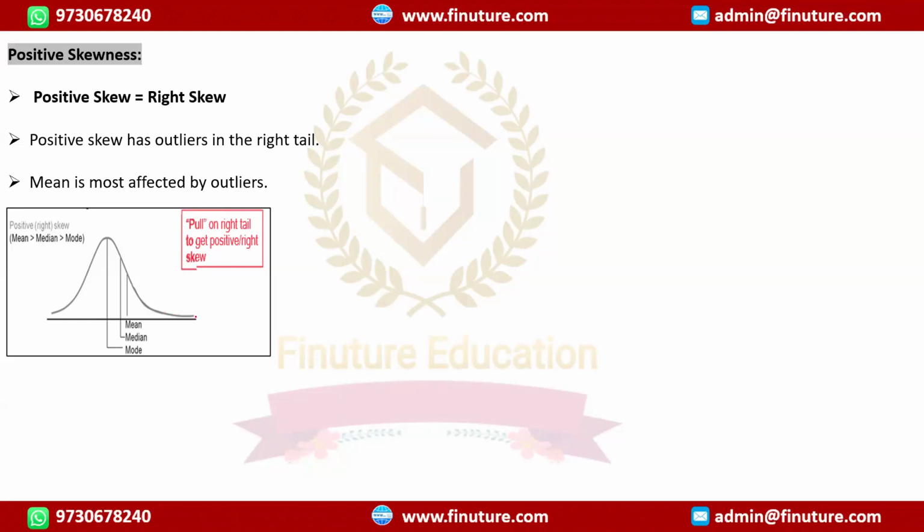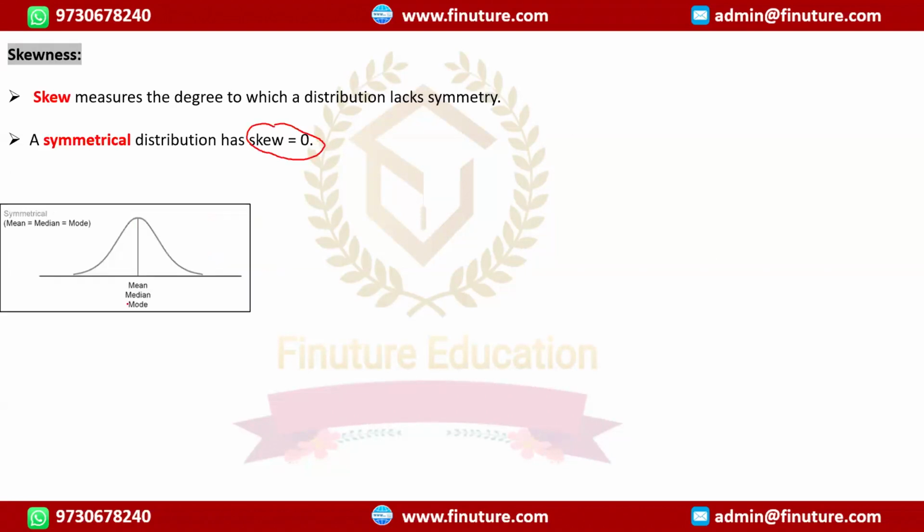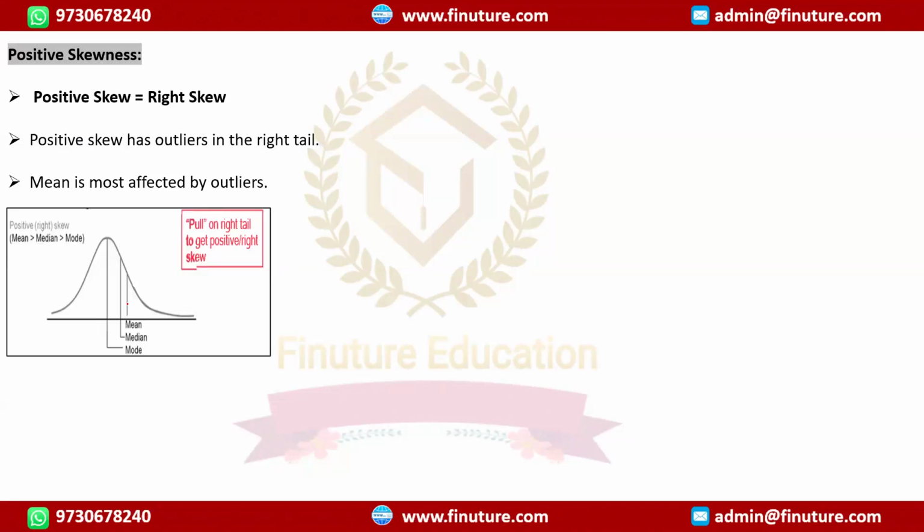So with the same analogy, I can say that wherever you have stretched tails, your mean gets pulled towards that side. Median would always be between mean and mode. When we did not have any skewness, your mean, median, and mode were equal. But when you have right skewness, your mean gets pulled towards the right, median is always in between, and the mode would be on the